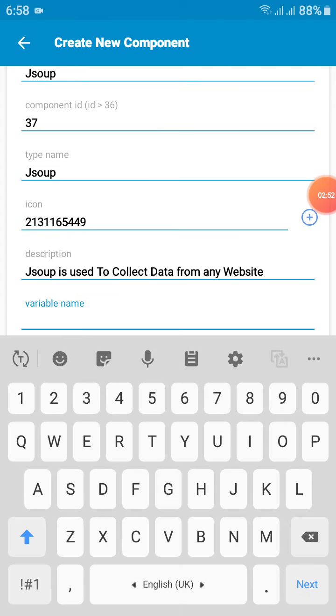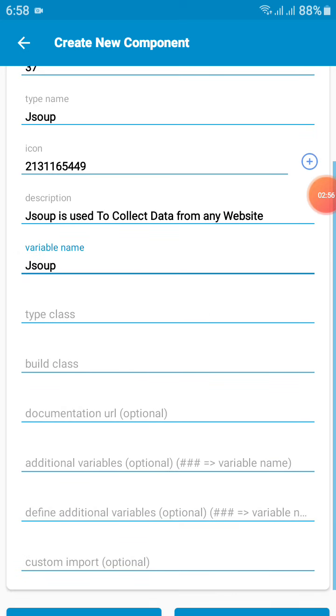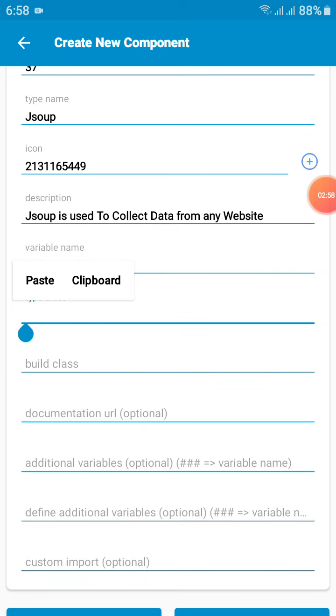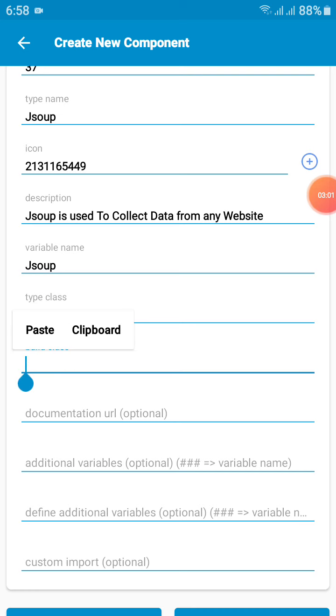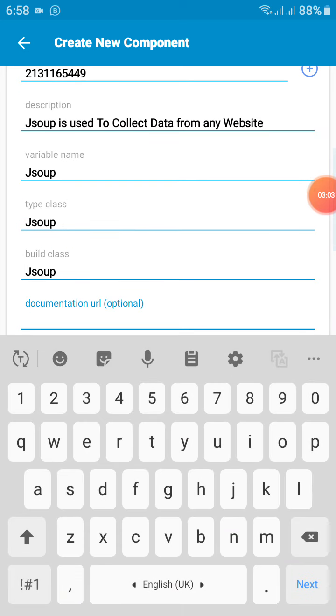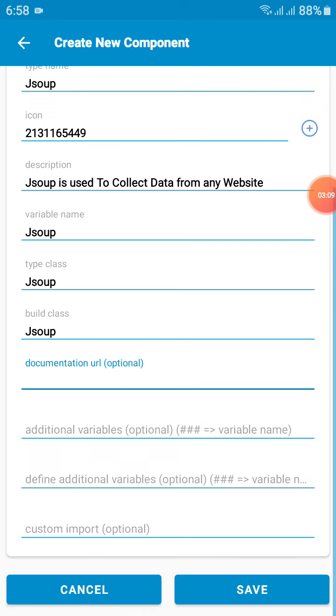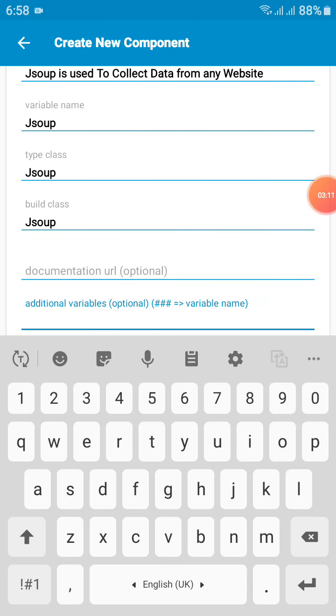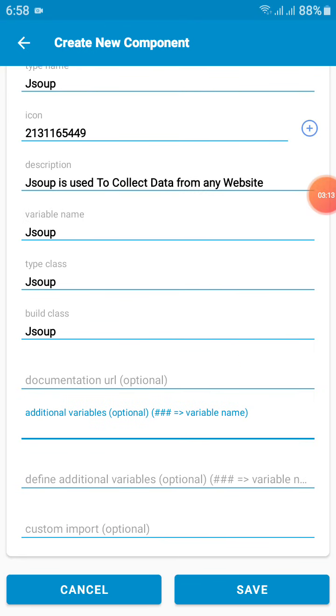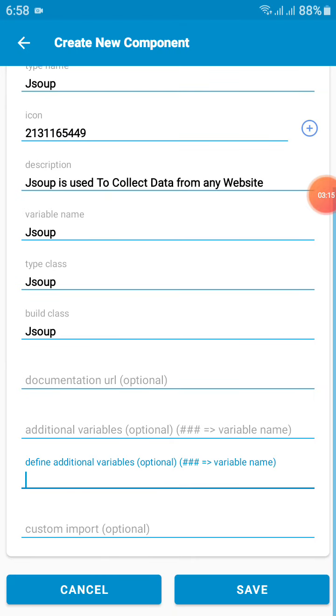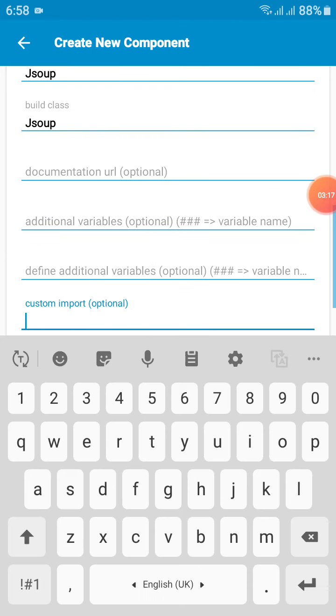Okay, so here you need to add the variable name. You can simply add this. JSON type class is JSON, build class JSON, and this is optional. If you want to add a documentation URL, then you can add this. This is also optional. So custom import is important.